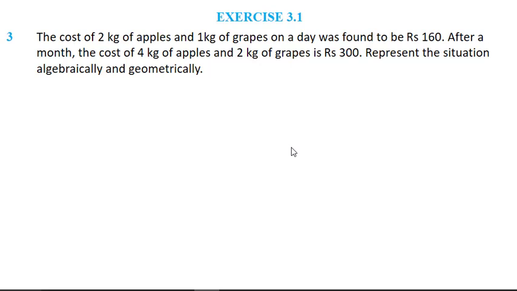Now here we are again and again using the variables x and y. It is not mandatory that you use variables x and y only. You can use variables p and q, you can use variables a and b, etc. But I recommend that you use variables x and y if possible, right? So this problem I leave for you to solve by yourself.